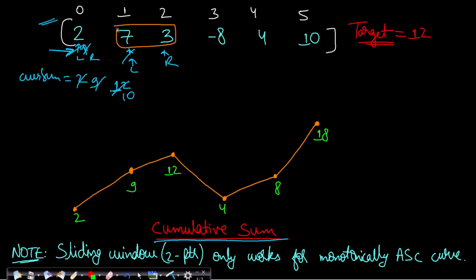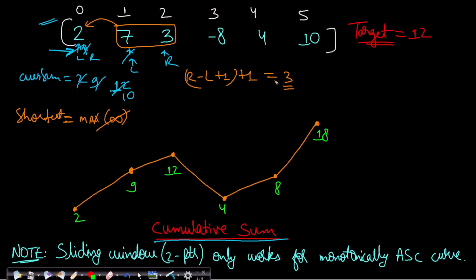will be your window. Along with that, you also include the previous element. Okay, so you have to do r minus l plus 1 and plus 1 to this, which I had already explained in the previous video. So it will give you a window size of 3. So let's maintain a shortest window size, which will actually be containing the minimum window size with sum greater than equals to target. Initially I will give it a max value, which is basically our infinity value, and then I will try to minimize it because 3 is less than infinity.